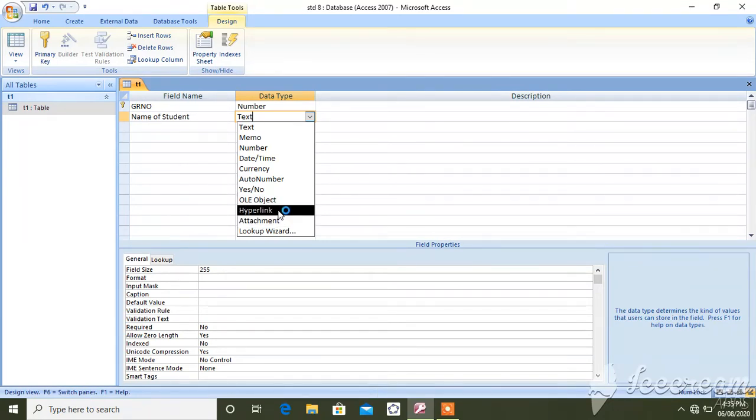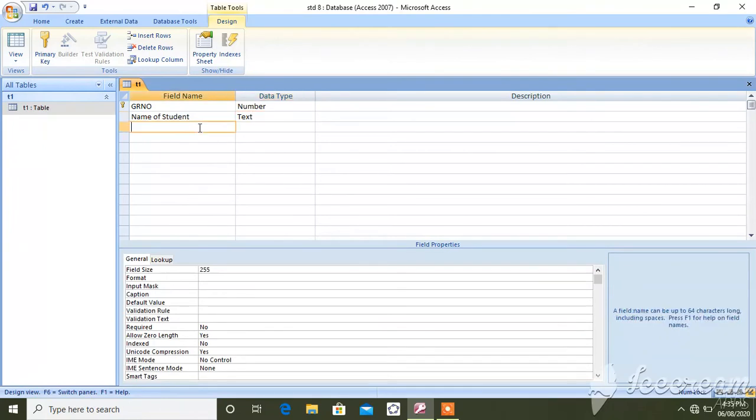Hyperlink contains the link to a specific website, or link like email ID, even link of another site, another application, you can mention in the hyperlink. Attachment means if you want to attach some Word file, some Excel file to this access, that time this attachment data type is used. So you can use the data type according to field.